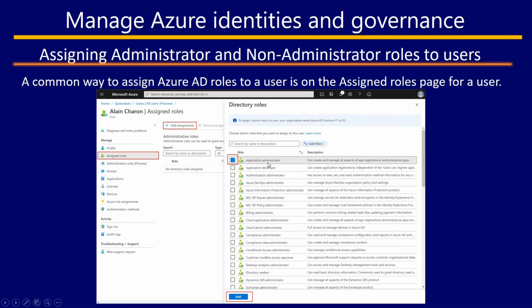For example, we can select the Application Administrator, which can create and manage all aspects of app registrations and enterprise apps, and you can click on Add. It will add the roles for the administrator or non-administrator.